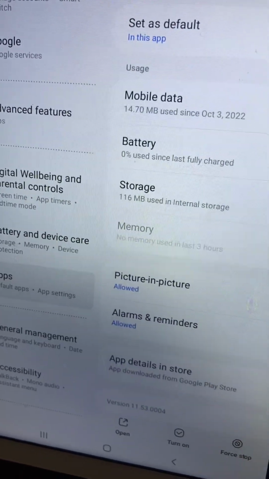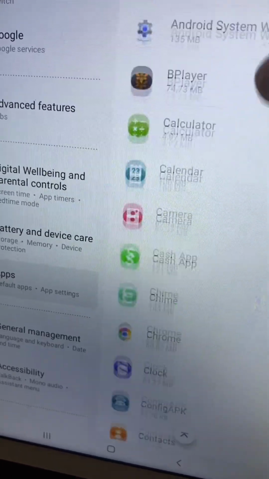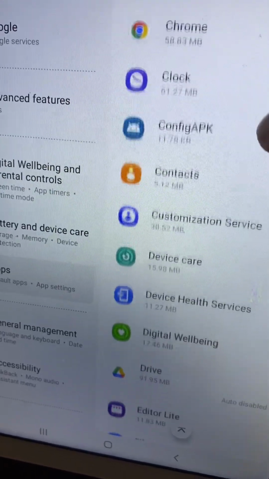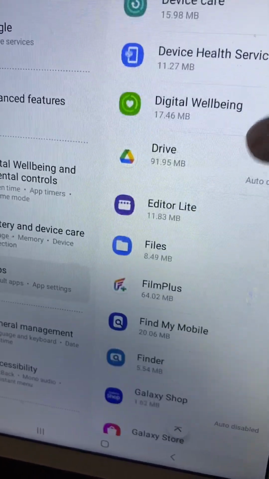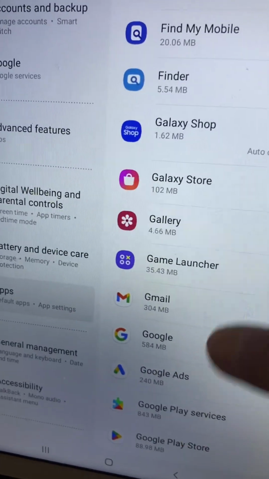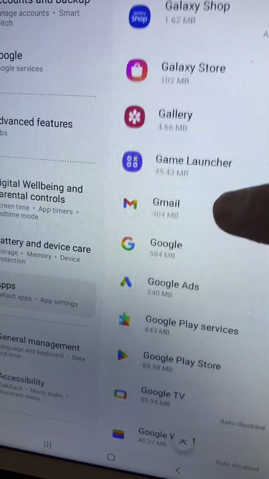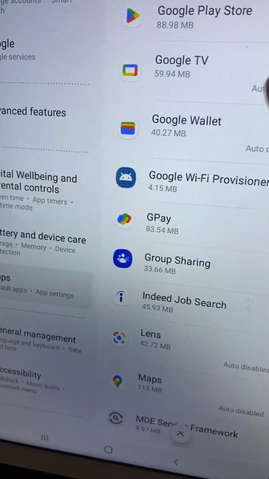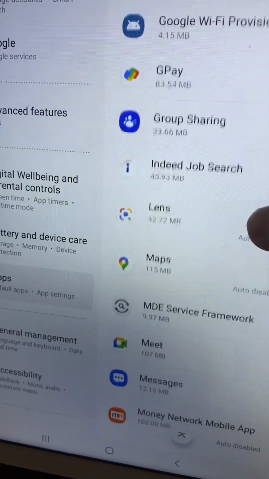So always click those off if you're not using them. I highly suggest to delete stuff you don't use, or if you hardly use it and you just want to have it just in case, you can, like I said,